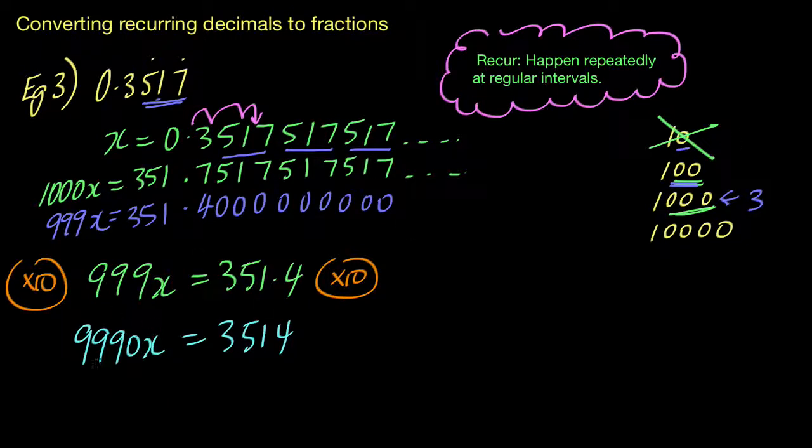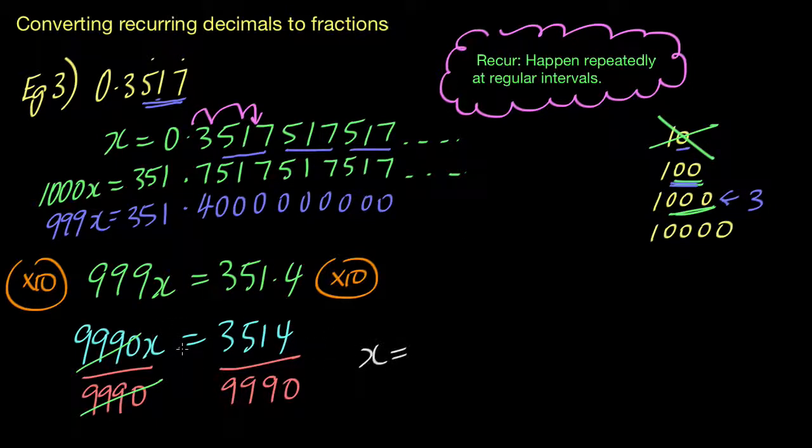Well, you divide it by 9,990. So divide both sides by 9,990. Divide that side by the same to keep things fair. And we can see we've got our cancelling out occurring there. 9,990 cancels with that one there, and we end up with x equals